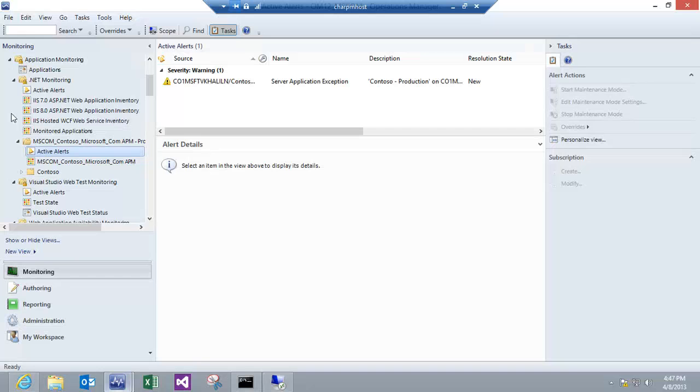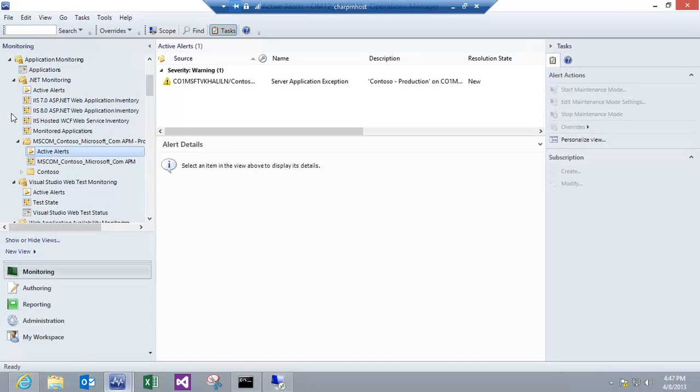Where are we feeling pain, and where are end users in particular feeling pain from an exception or performance standpoint. We're then drilling in and identifying specific exceptions or performance problems that we want to escalate to the development team. And in this case, I understand the exception that I want to go after, and I can see in my